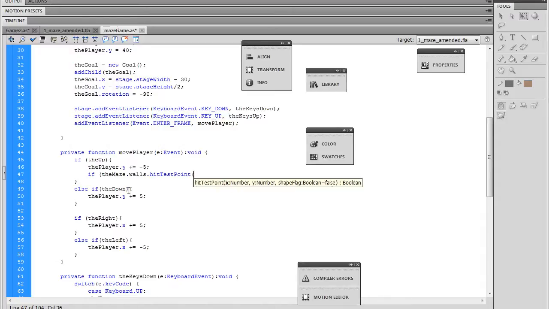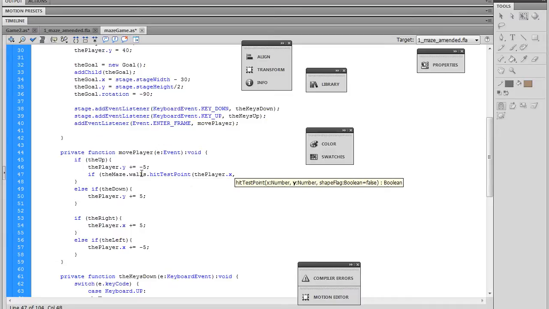And then we put, which X and Y do we want to look at? If we say that we want to look at the X and Y of the player,